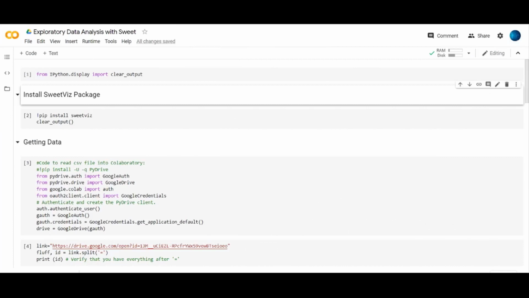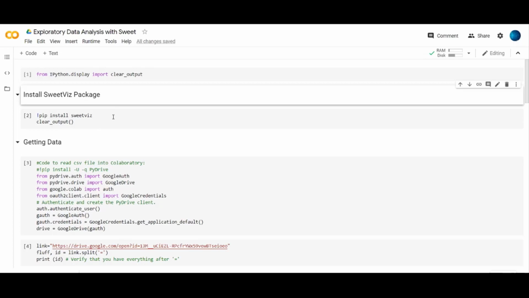Okay, let's look into this with the help of SweetViz, how we can expedite our EDA task. We have seen all the steps in the EDA, like imputing missing values, outlier detection, and how to do the variable transformation, everything. But even before doing that, first we need to understand how our features are distributed. So basically the features are categorical or numerical. In some cases it may be a date value. So let us look into the SweetViz package and see how our variables are distributed.